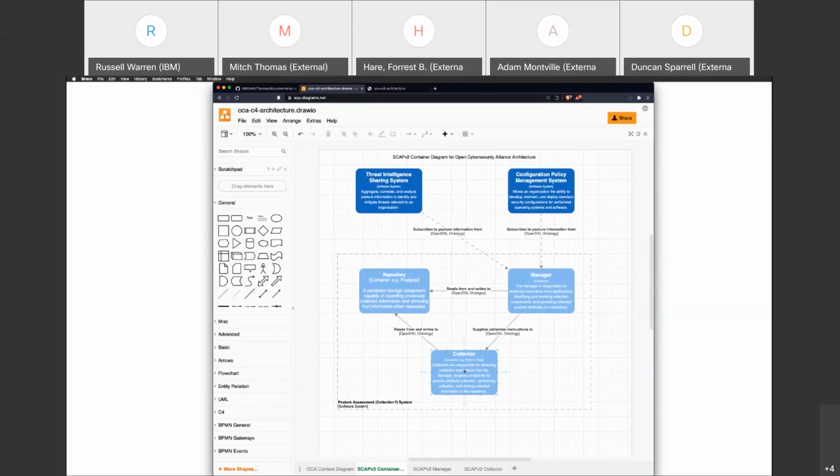Because I was trying to point out a question mark here, which we're going to pass on for now, because I think you're right. The juicy news here is we're going to basically engage with this group of people: Bill, Adam, and I, and anybody else who wants to join in, certainly welcome. And we're going to try and sort out what OpenDXL pieces need to be in place, what actually lives inside the collector manager and this repository, and some of the basic architectural pieces inside this dotted box.